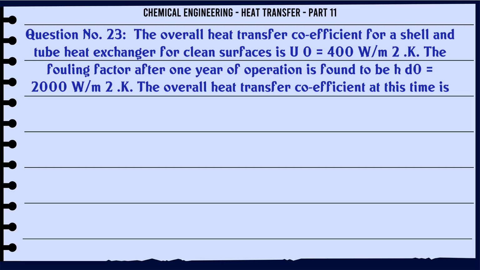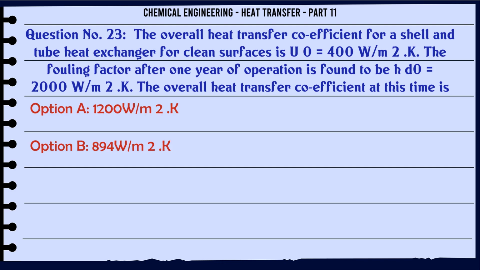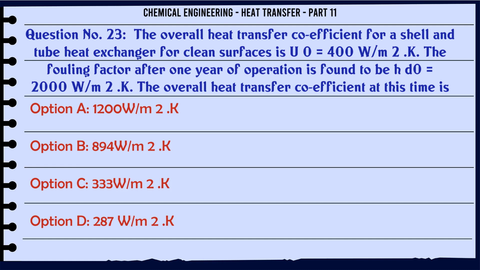The overall heat transfer coefficient for a shell and tube heat exchanger for clean surfaces is U0 = 400 watts/m²K. The fouling factor after 1 year of operation is found to be hd0 = 2000 watts/m²K. The overall heat transfer coefficient at this time is A. 1200 watts/m²K, B. 894 watts/m²K, C. 333 watts/m²K, D. 287 watts/m²K. The correct answer is